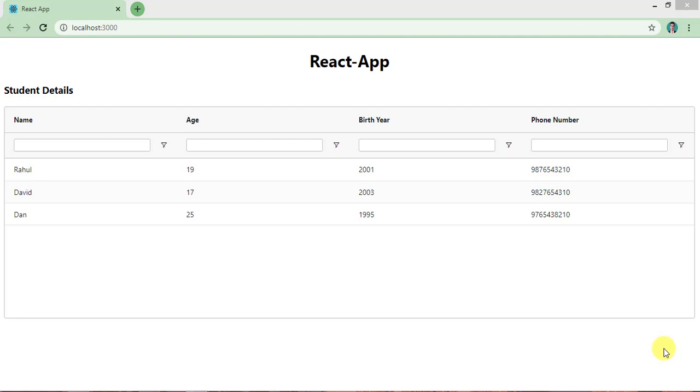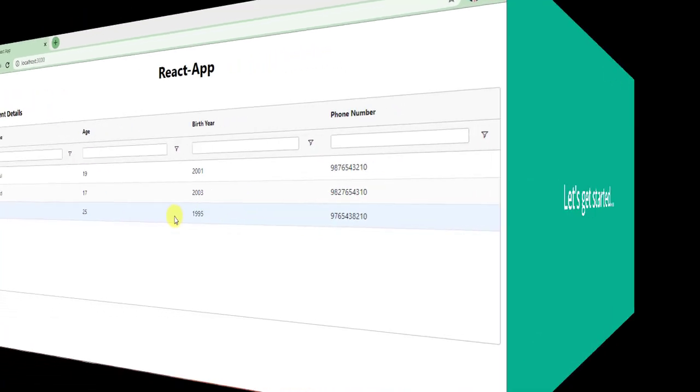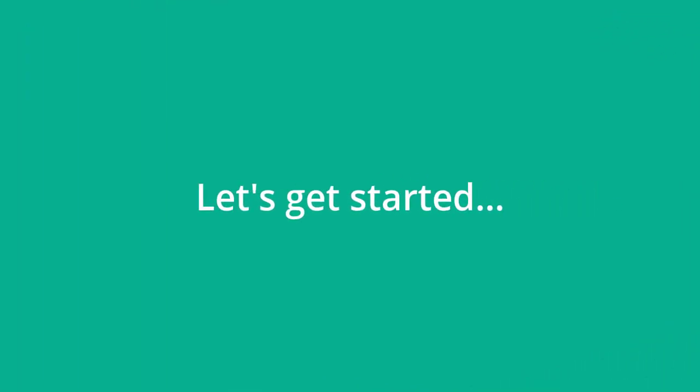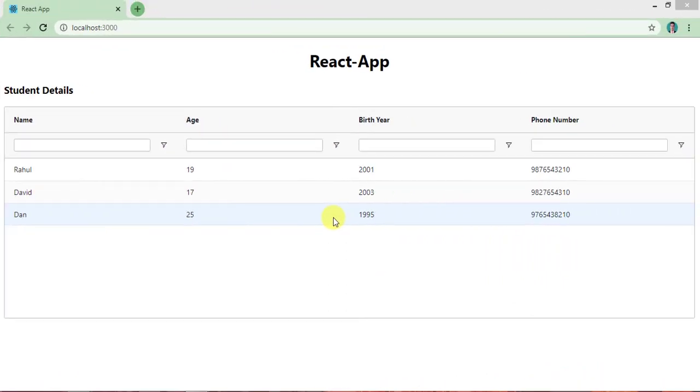In this video, I am going to show you how to populate grid data from an external API in AZGrid. As you can see here, I have a simple AZGrid table, and now I am populating this data from hard-coded values. But now I want to fetch all this data from an external API. So let's get started. To show external API data, we need an API.